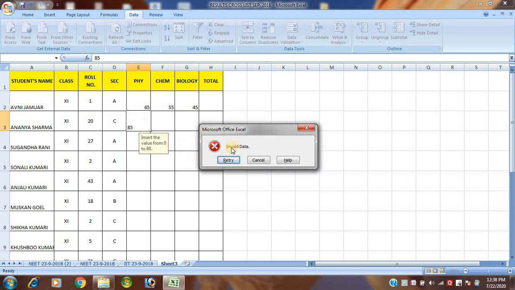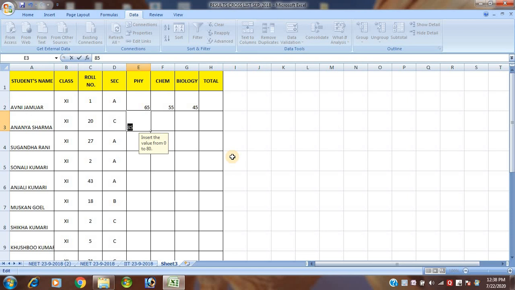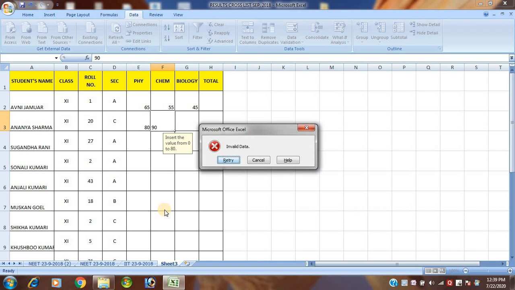Here I have given the error message, invalid data. So retry, again you click on retry, until you correct it, the further value cannot be inserted. Once you insert 80 it will be accepted. If again I insert 90, again it will not be accepted.